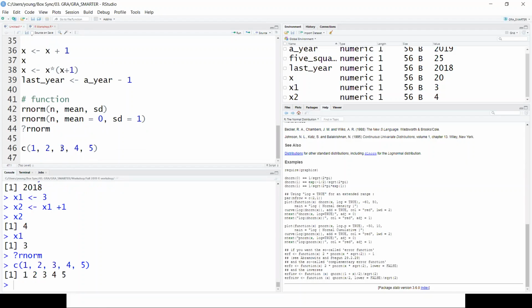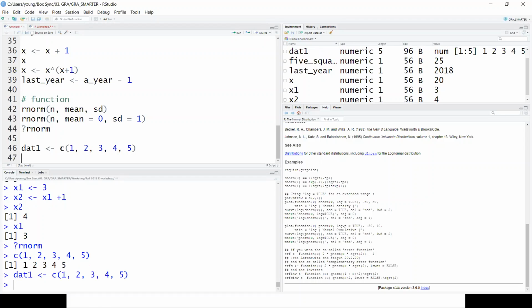And then when we enter, R will give me 1, 2, 3, 4, 5, but this is not saved yet, so we have to assign this to data1, maybe. So if we assign this vector to data1, then we can call data1.